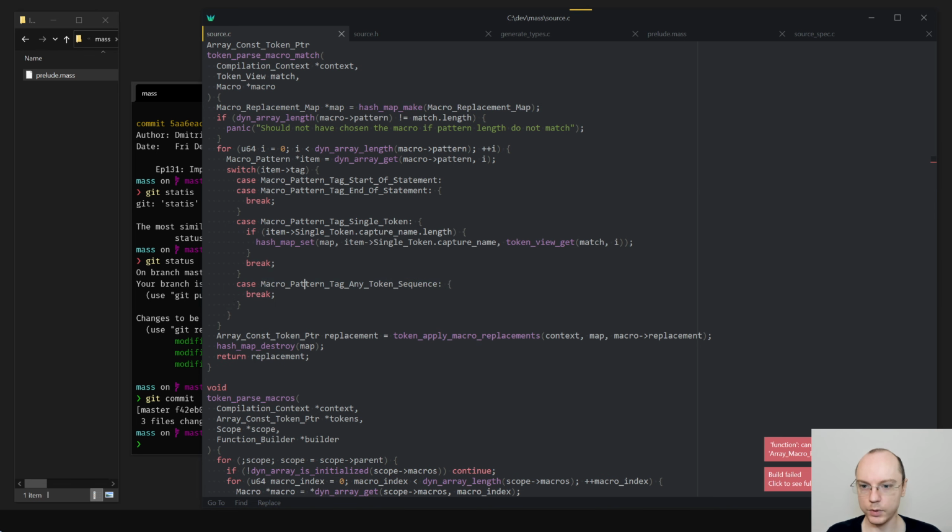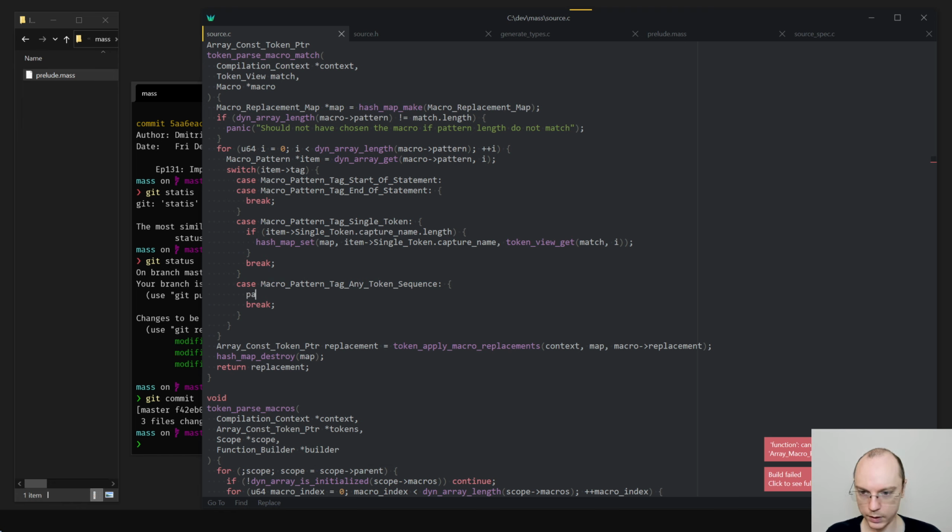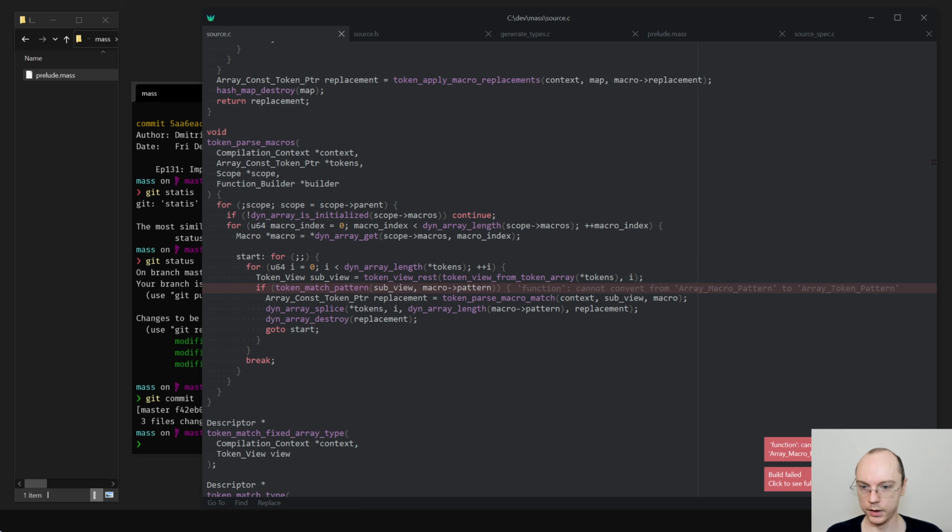And this one, panic, to do capture name, define capture for a token sequence. Something like that.